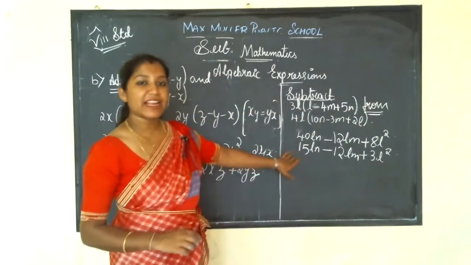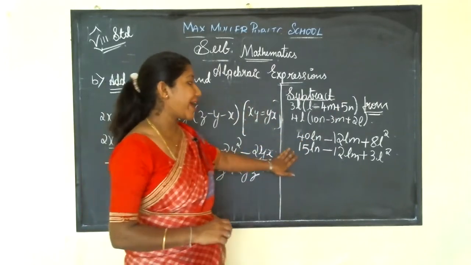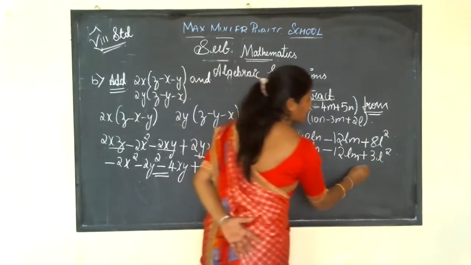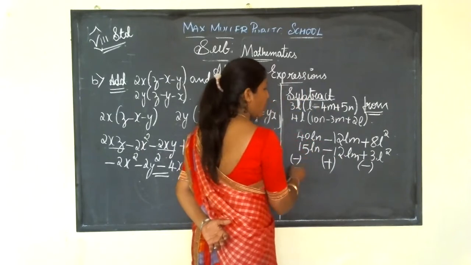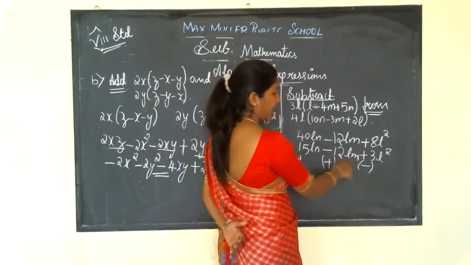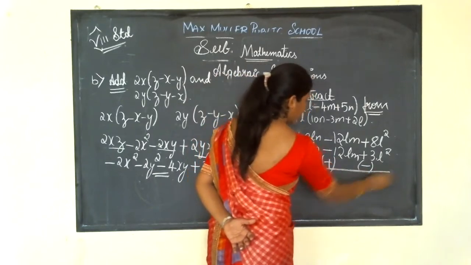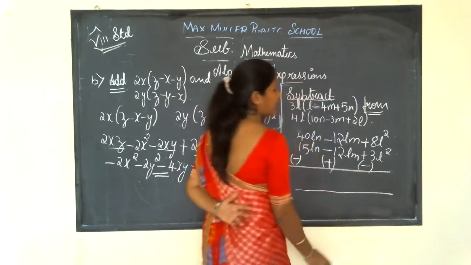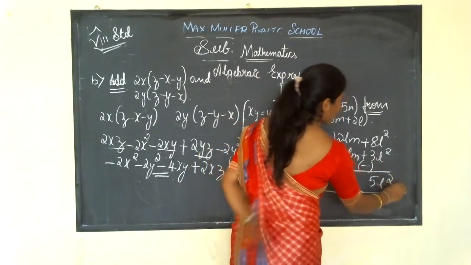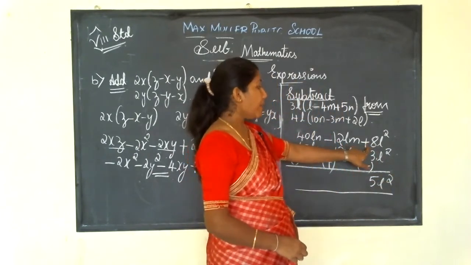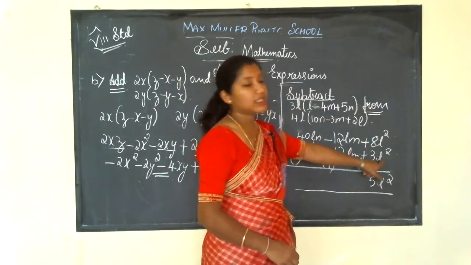And under subtraction what you have to do, don't forget this thing. It's very important. You have to change the sign. Is it not? In earlier classes have taught you. You have to change positive to negative, negative to positive, positive to negative again. So what you have to do here is 8 minus 3, you will get 5l square. Why I am subtracting here? Plus 8l square, and you have to see this sign minus 3l square.